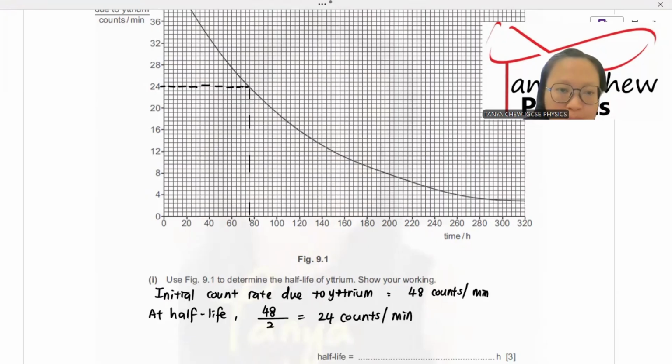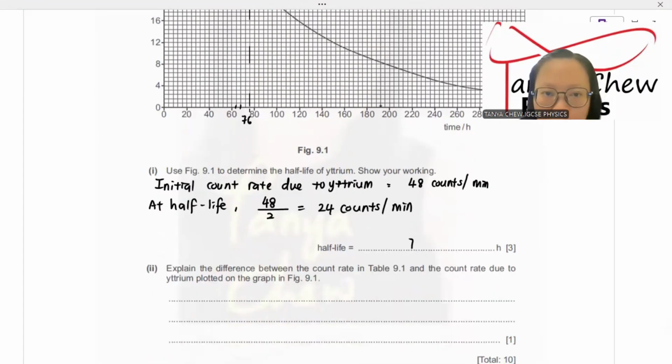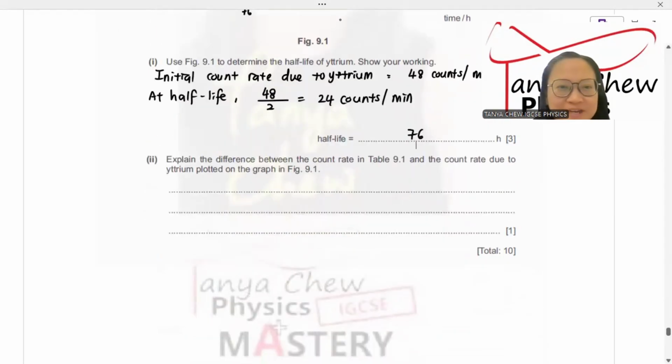So one box represents 4. Yes, 4. So I got 76. So it is 76 hours. Get this value here. That is the half-life. And the second part, explain the difference between the count rate in table 9.1 and the